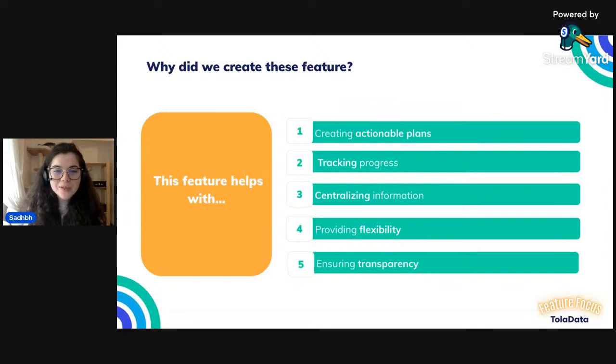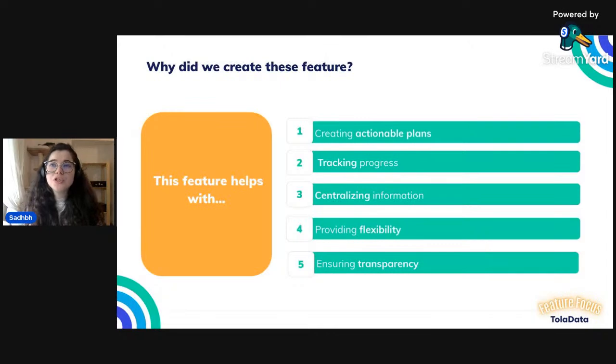The fourth feature or advantage here that we have is providing flexibility. We designed this activity section to be very versatile and to be helpful for your needs. And to do that, what we tried to make sure was that you didn't have to do certain components in order to access a certain feature. The activity section can be used very flexibly, and you don't need to use it strictly for setting up events or for creating activities. This could be a place that you even just organize your documents under thematic